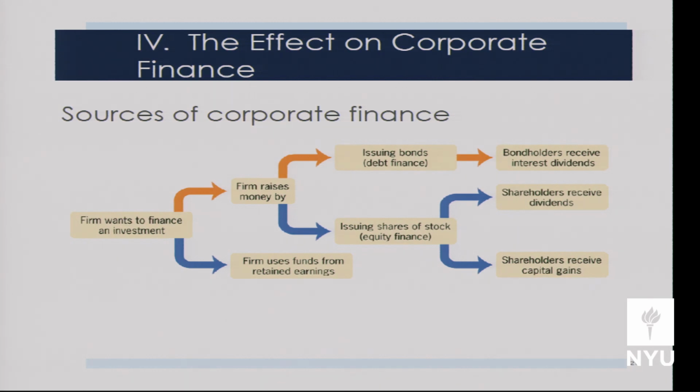In terms of equity, the firm can pass out returns to its shareholders in one of two ways. It can pay shareholders a dividend every period, but can the firm not pay the dividend? Suppose it's having cash flow problems. Can they renege on the dividend that term? Yes, nothing happens, right? There's no default when it comes to equity dividends. The other way the firm can transfer the returns to the owners of its equity, its equity holders, is through just capital gains, right?